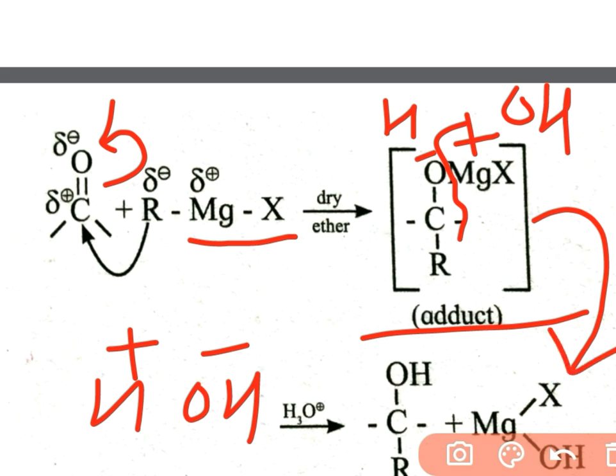Okay, so addition of Grignard reagent takes place in this way. Consider MgX part as positive species. Mg means metal. Metals are electropositive. So MgX part is a positive species and is considered the nucleophile, and then we join the negative towards positive, positive towards negative, and form the final product. Here is one step, hydrolysis: join the H of this water molecule towards O minus and OH minus towards MgX.